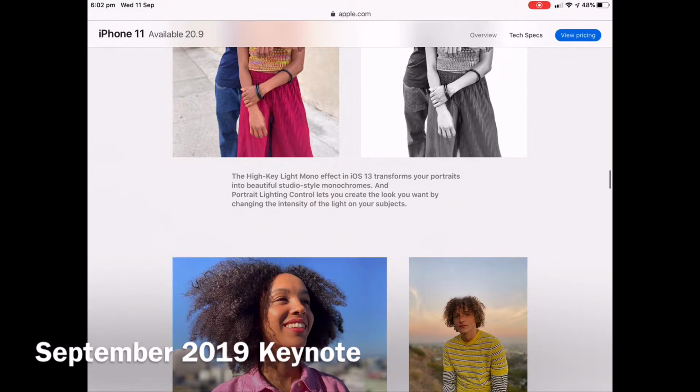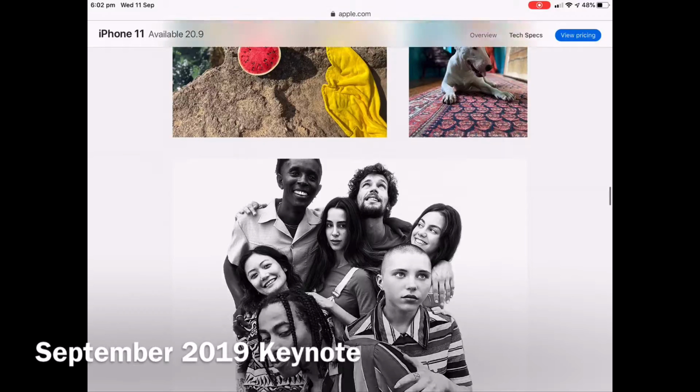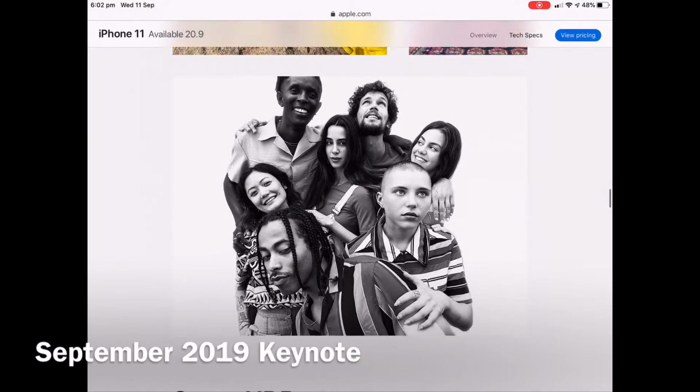And also one thing I've got to talk about, they've got a new thing to take pets in selfie mode too. I think it's both these new iPhones, but I'm not exactly sure. As you can see, there's a bull terrier. Mum would love that. That's one of her favourite dogs. Smart